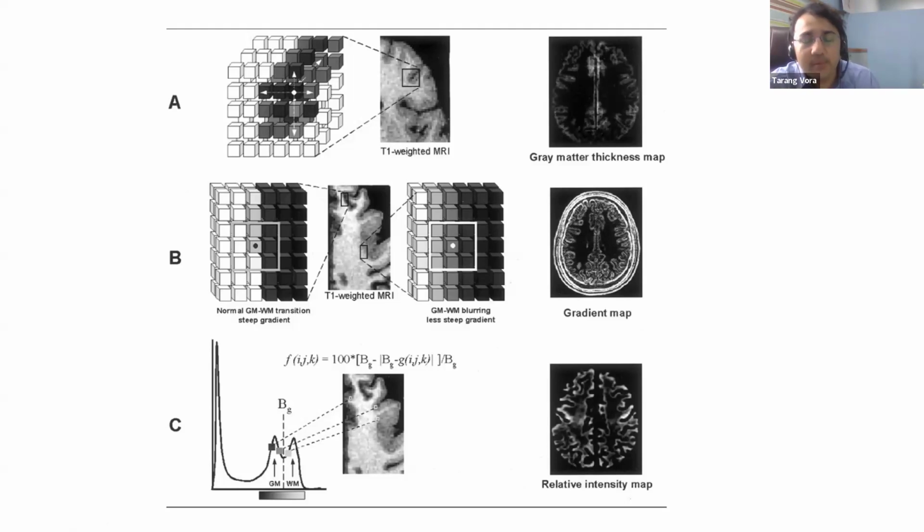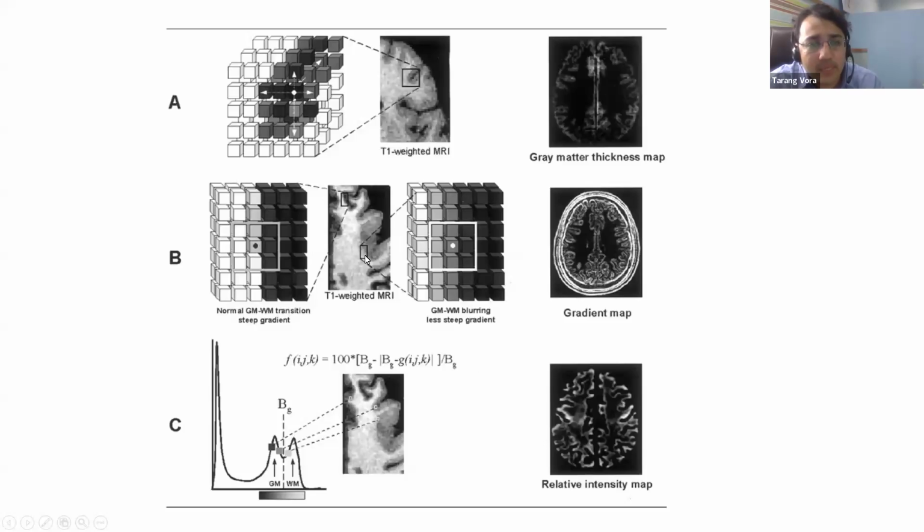For the computer to be able to do it, it needs a set of normal data. So there is a set of around 100 patients with normal gray white matter junction and voxel frequency and density, and that is compared with this. So in texture analysis, we are comparing the intensity of the signal. First on the image is the gray matter thickness map. It will look at how thick the gray matter is, whether it is too thick compared to average or it is normal thickness. Second is the gradient map.